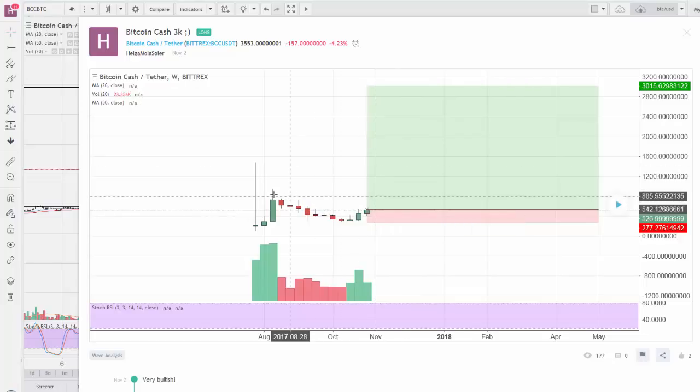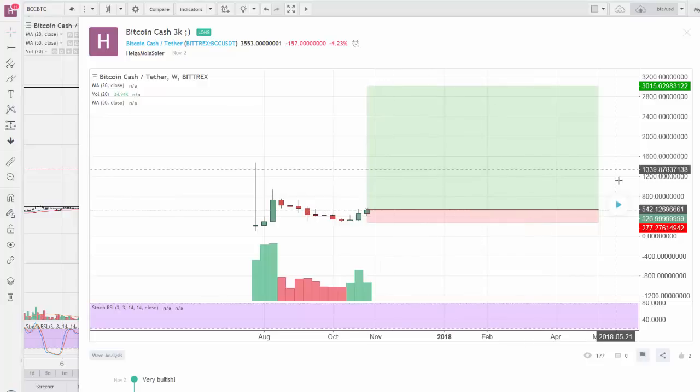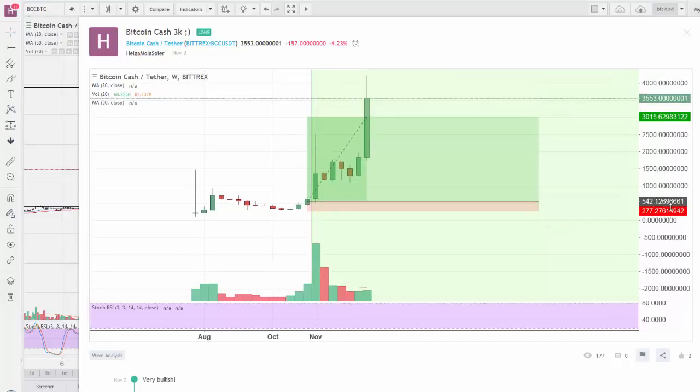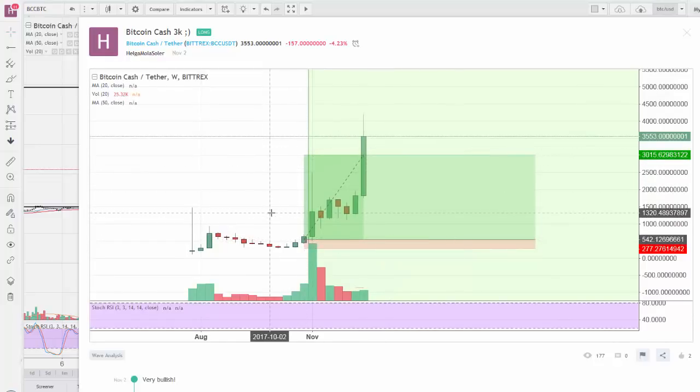But if you see, these are the weekly candles, and I gave here a lot of room for many weeks, because I was not expecting this in 1 week or 2 or 3. I was expecting this to happen in a period of time. So if we play it now, we now passed this target, but it's been a few weeks, 1, 2, 3, 4, 5, 6, 7 weeks since then. So I expected a few weeks, so that's why I made this longer. People were calling me crazy when Bitcoin Cash was down at 500 and I called 3,000, but that's the power